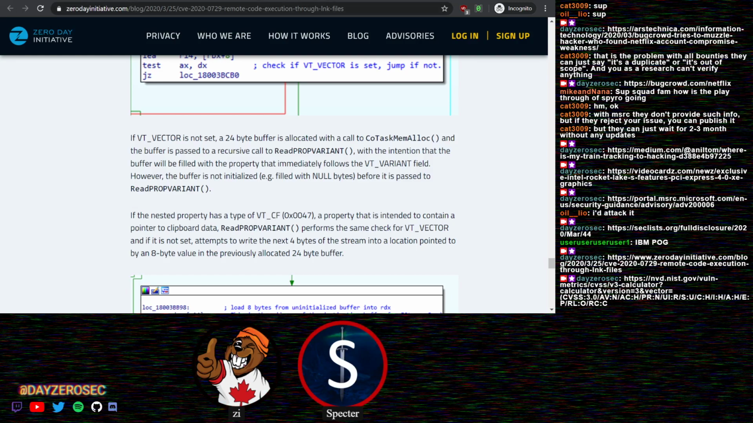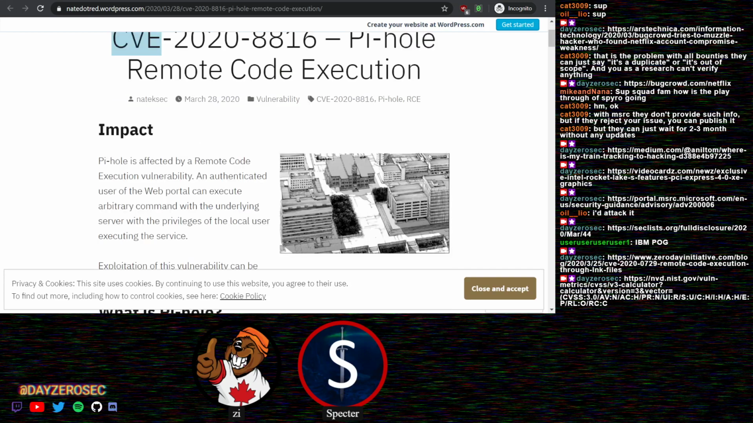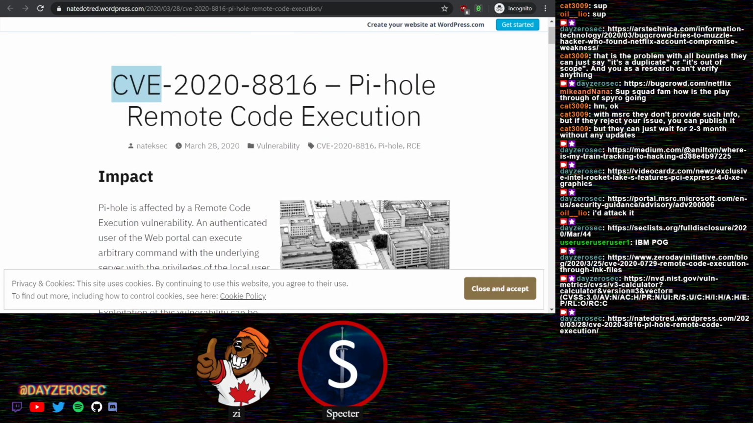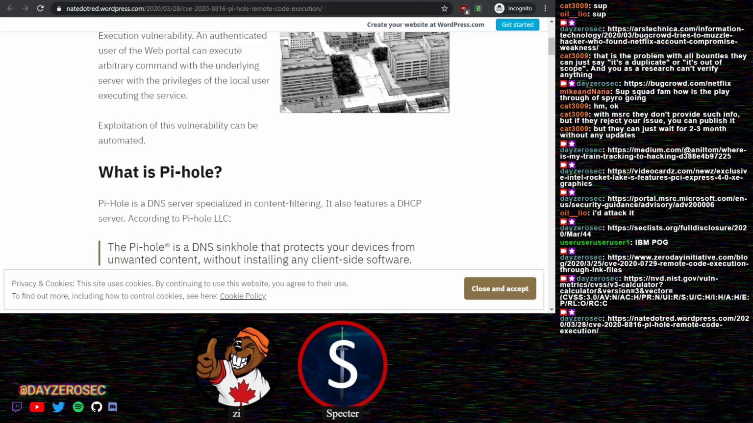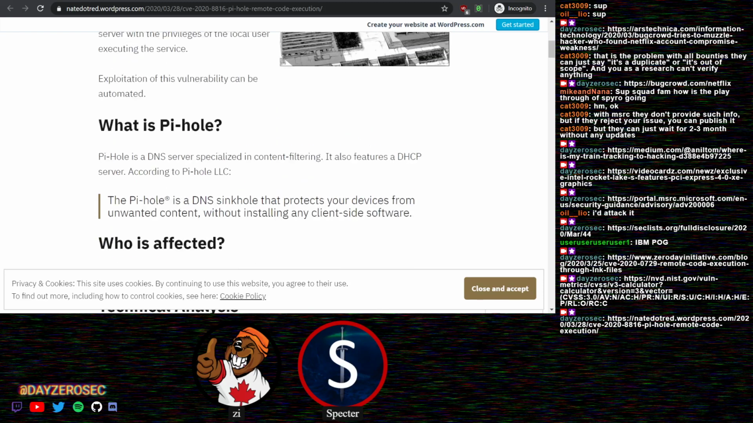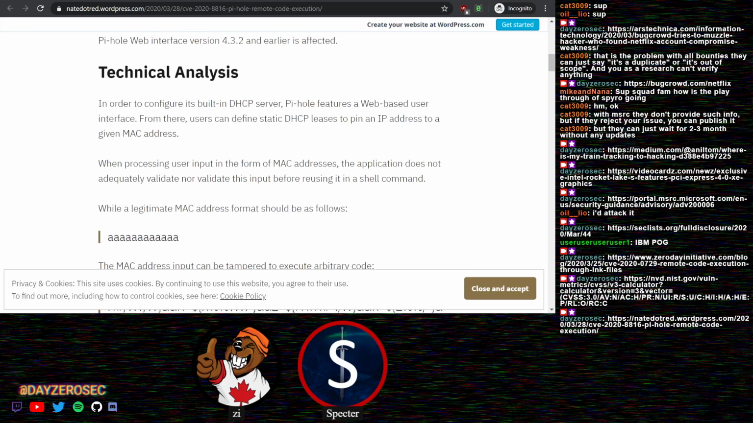So we'll move into some Pi-hole stuff. CVE-2020-8816, which is a remote code execution in Pi-hole, and it affects versions 4.3.2 and lower. The issue is basically just a logic bug due to a bad regular expression, which we've seen before. I think we even covered one last episode. And because of the regular expression being